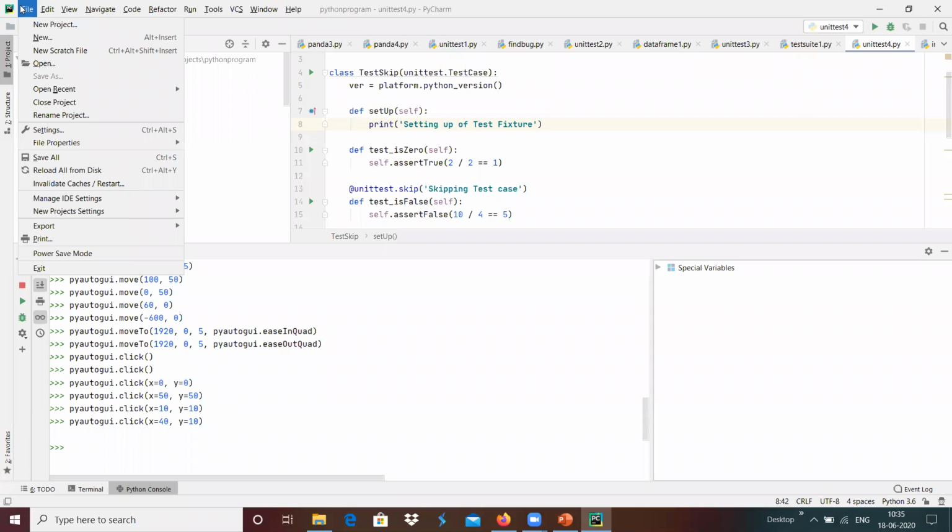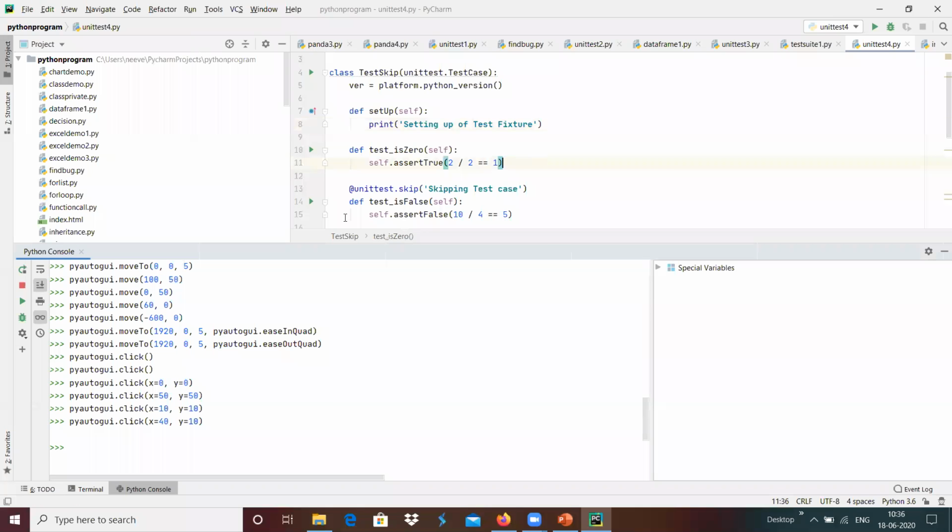This is a way of generating mouse events in a programmatic way so that we can do the test automation. For example, how will we do the test automation? Suppose we wanted to test this user interface.